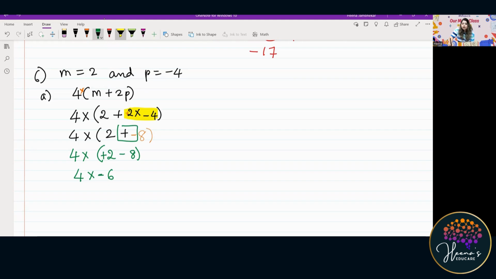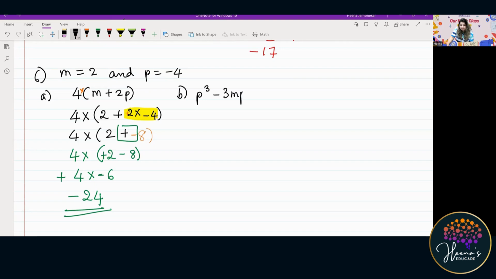Now you have 4 into minus 6. Again, do not look at the positive and the negative or the plus and the minus. Simply be concerned with the numbers. 4 into 6 gives you how much? 24, and different signs you're going to subtract. So your answer is minus 24. Let's move on to the next sum, where in the B part, it's p cube